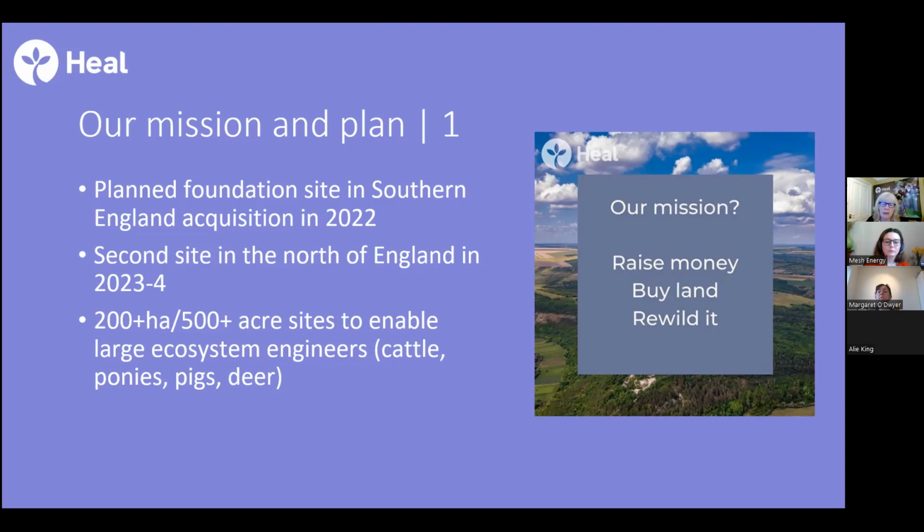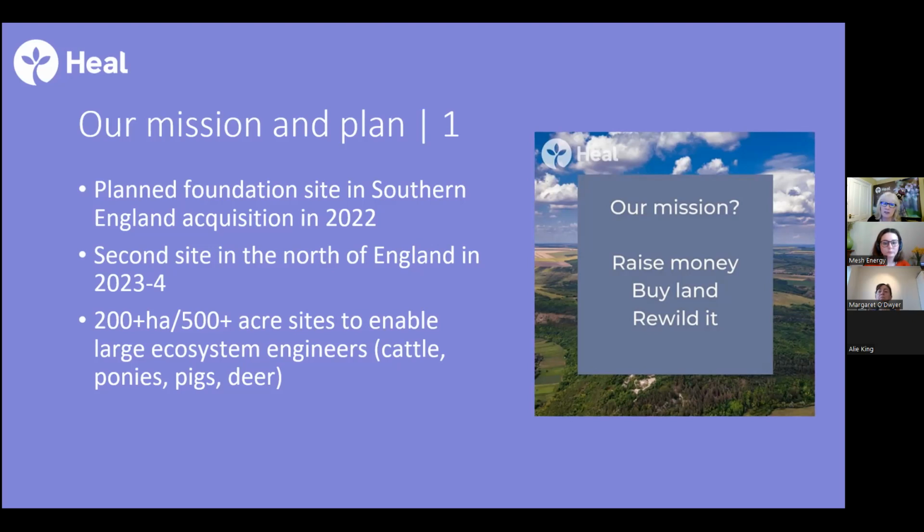we expect to buy somewhere this year, and we've got tens of thousands of supporters, and that's what they expect too. Our second site will be in the north, and we didn't want to be southist about it. We wanted to take a BBC approach and say we'd go for one of the northern counties like Yorkshire or Lancashire or Northumberland for our second site.